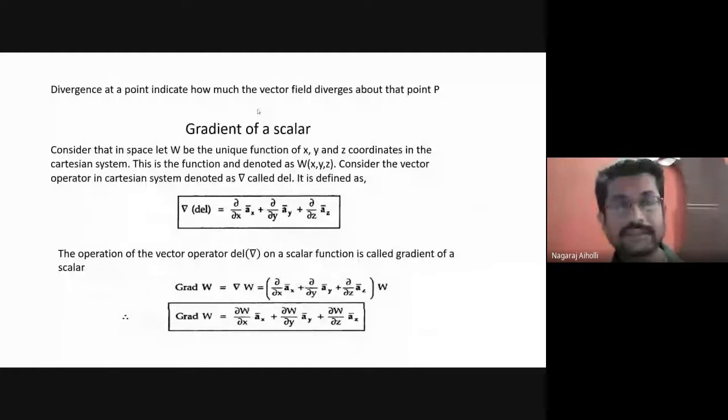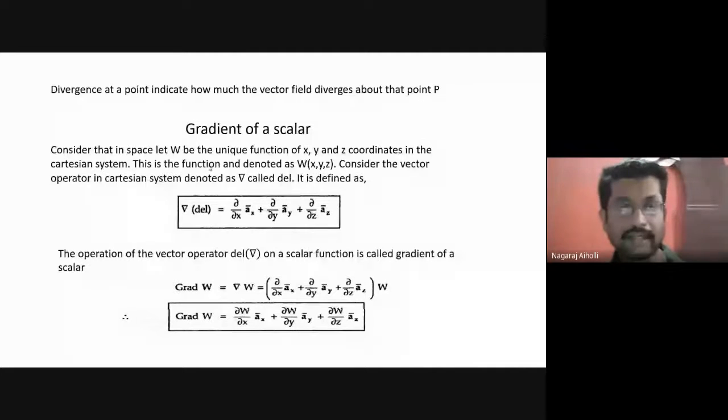The next concept is the gradient of a scalar. We know a scalar quantity. Suppose we take any surface. Will we mention that the surface is in the right direction or left direction, upward direction or downward direction? No, we are not considering the direction of that surface. We say that this surface has this much area, or its length is this much. We only give some details about that surface. It is a scalar quantity.